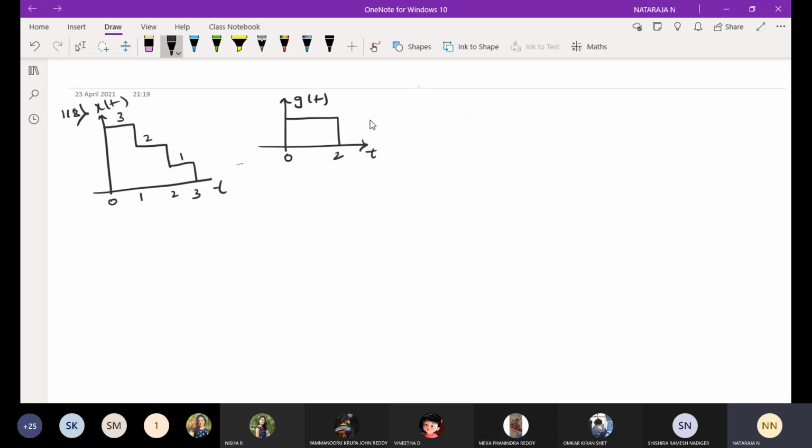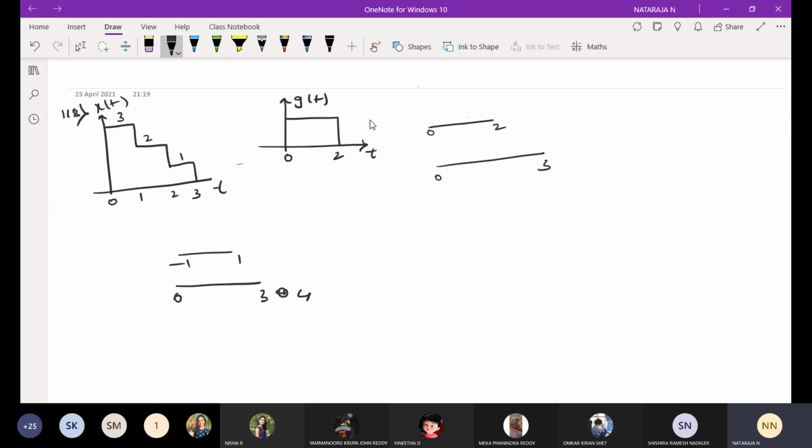See, you are representing x of t in terms of g of t, no? In the first problem, you have to represent x of t in terms of g of t. Means if your g of t is on the positive side, 0 to 2, your x of t will also be on the positive side, 0 to 3, in this problem. But in the last problem, x of t was on the positive side, 0 to 3 or 4, but g of t was from -1 to 1. Now we have to represent this with respect to this.